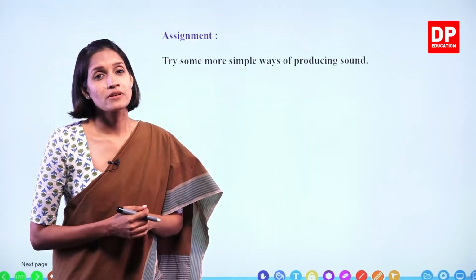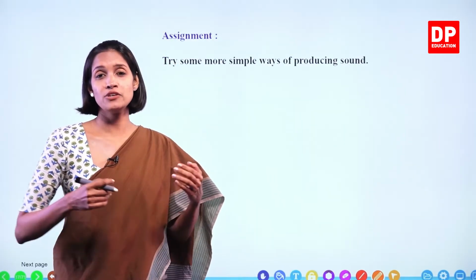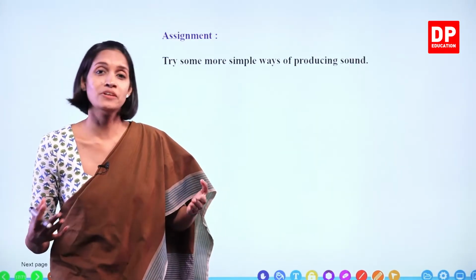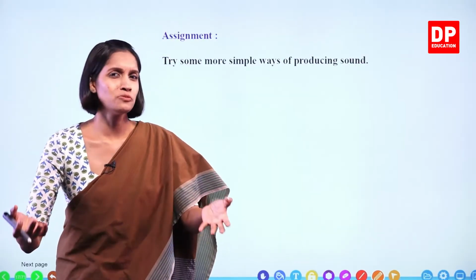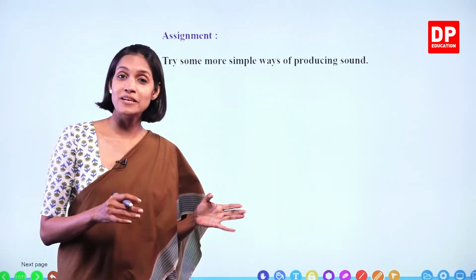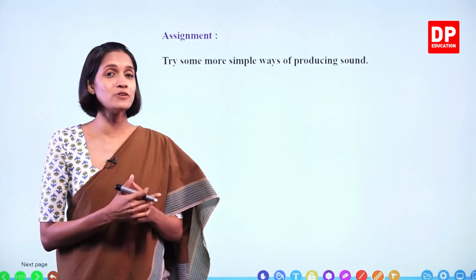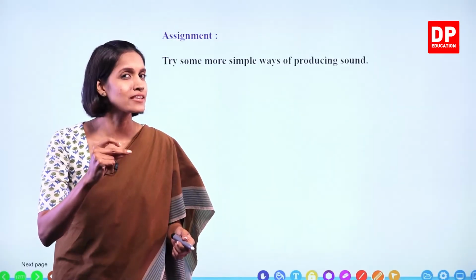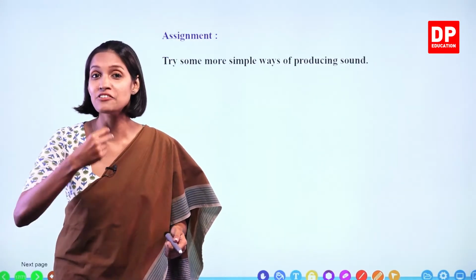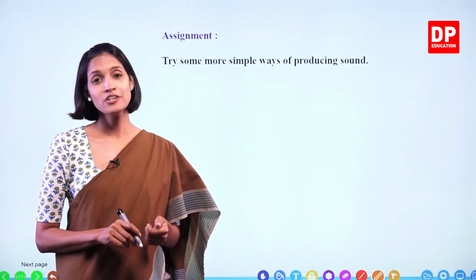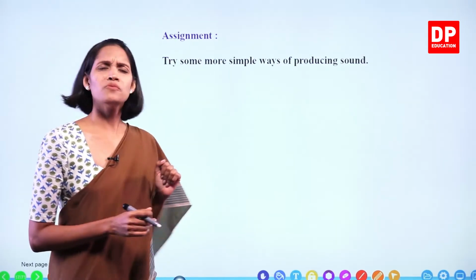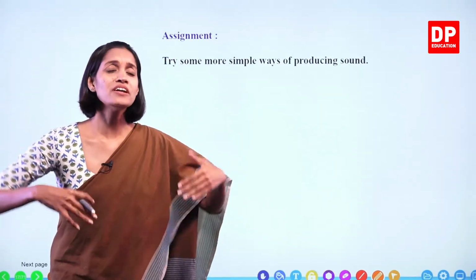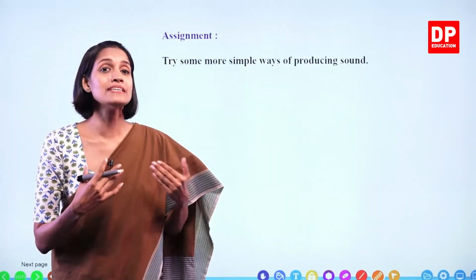What else? When you drag a chair or a desk, let's say if you want to move a desk at school, sometimes if there's no one to help, you might have to drag it from one place to another place. So then also sound is produced, right? What about snapping your fingers? Listen. Snapping your fingers, a different type of sound is produced there. Okay, children? So what else? Bouncing a ball. Jumping up and down. So different types of sounds are produced during each activity.